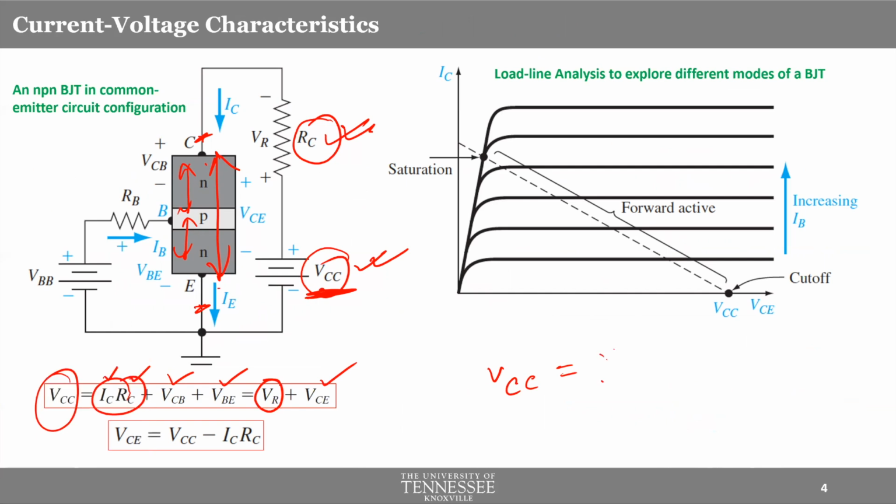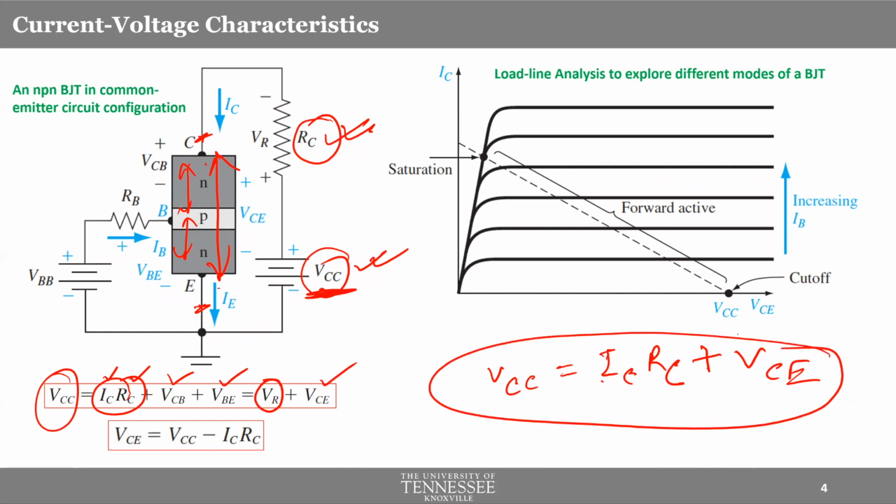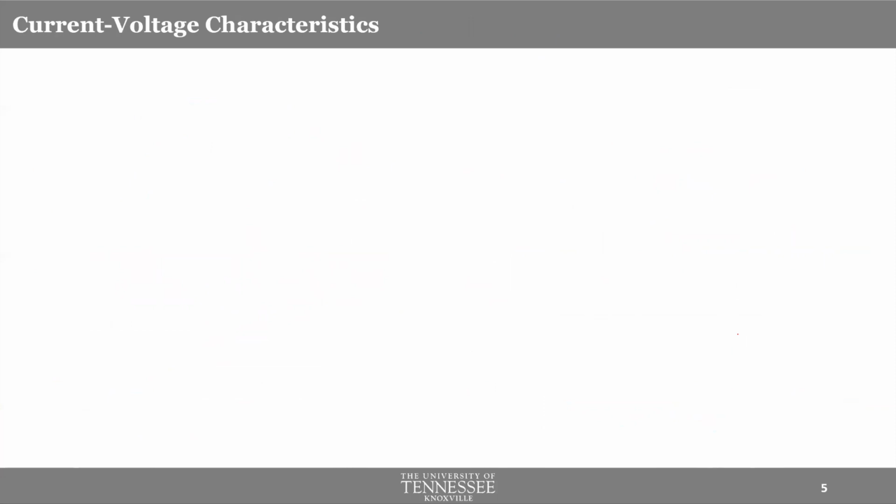Okay, so ICRC plus VCE, right? This is a simple expression. Just remember this expression, and I will write it here: VCC equals ICRC plus VCE. Let me just put it right there for a second. Now